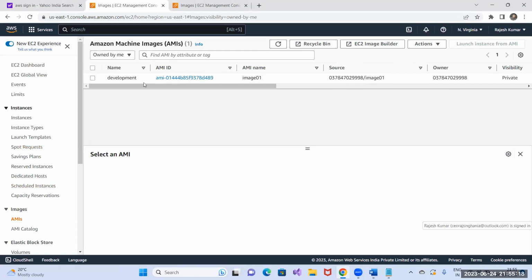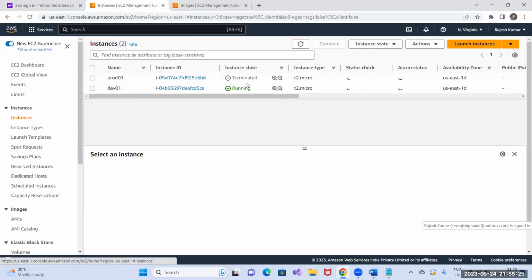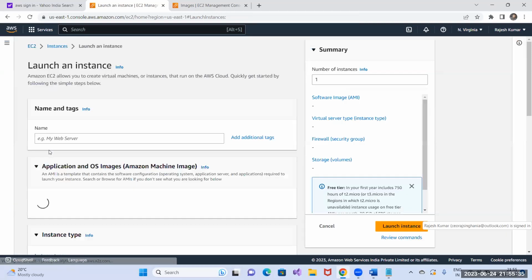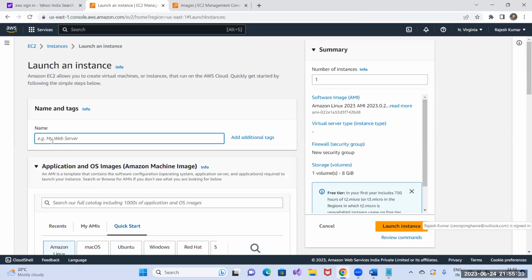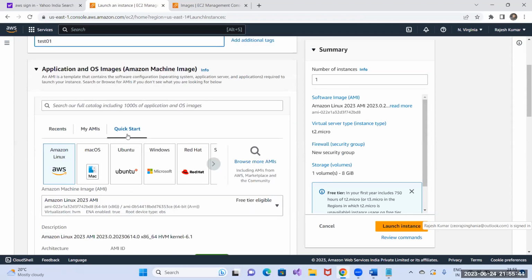And in case you want to use this in order to create further EC2 instances, just go to the instance option. I have one EC2 instance running here. So in order to create a new one, just click on launch instance, the same option, launch instance. Here you will have to put a name. So I'm giving the name as test01. And here you can see what we were doing earlier. We were using this option. This option is called